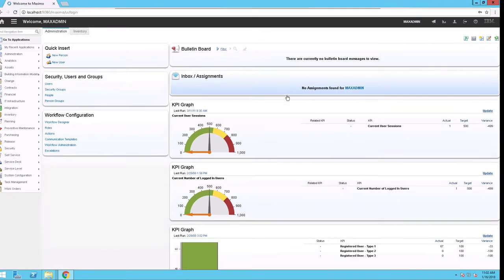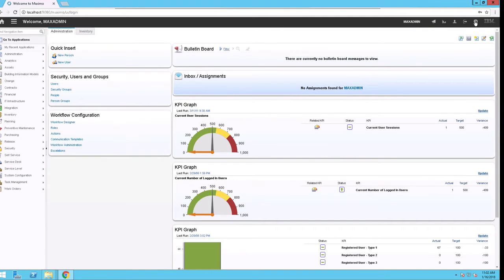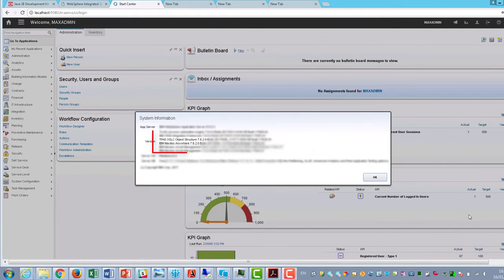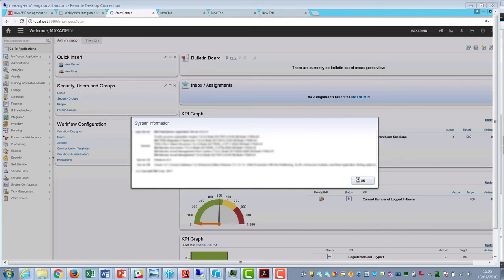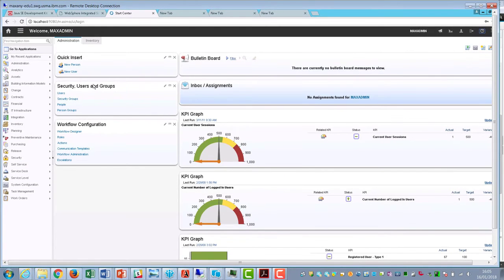Once you've logged in, click on the Help icon and select System Information. You should see the TPAE OSLC object structure 762 and the IBM Maximo Anywhere 762 displayed in the System Information dialog box. To verify the OSLC object structures exist in the database, navigate to the Go To Applications menu and